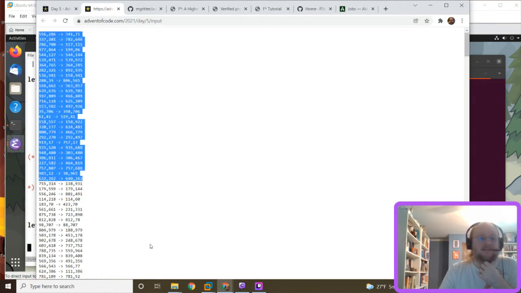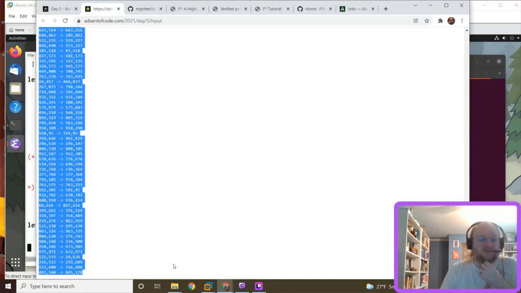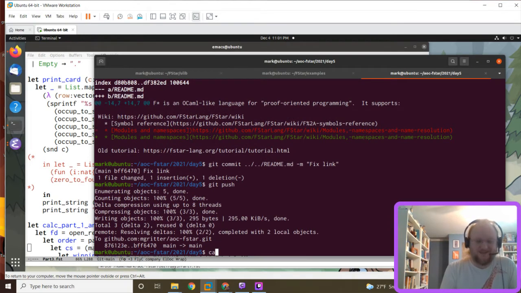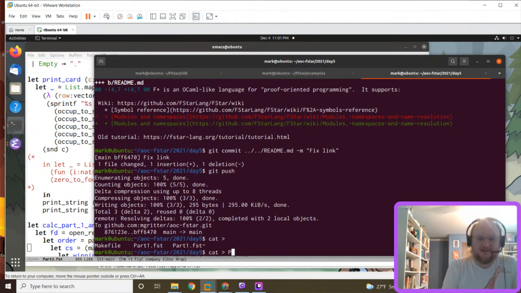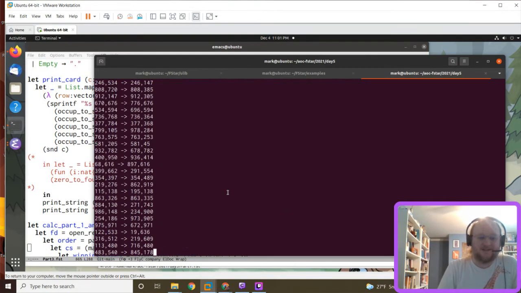All right. Numbers go up to about 1,000. So I was worried about this because the one thing I don't think FStar has is a really good dictionary structure. For sets, it uses OCaml's batteries included set, which is pretty good. But I was looking at the map implementation, and it didn't seem like there was a lot of